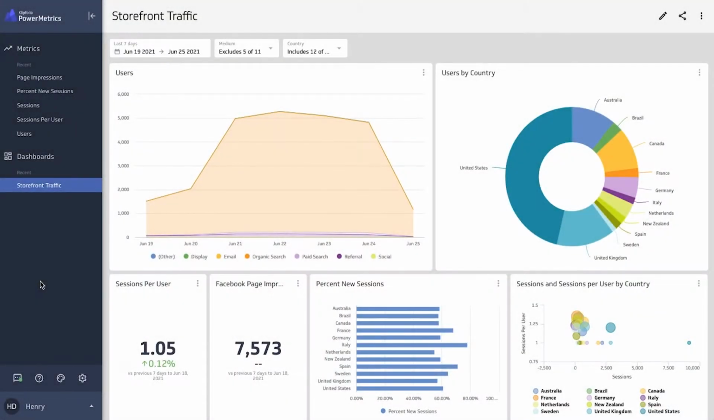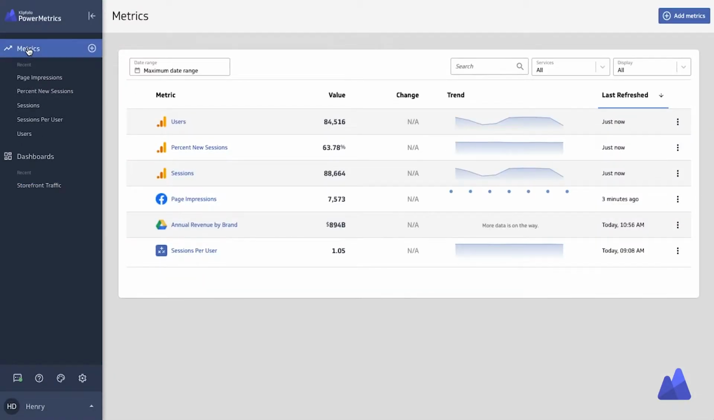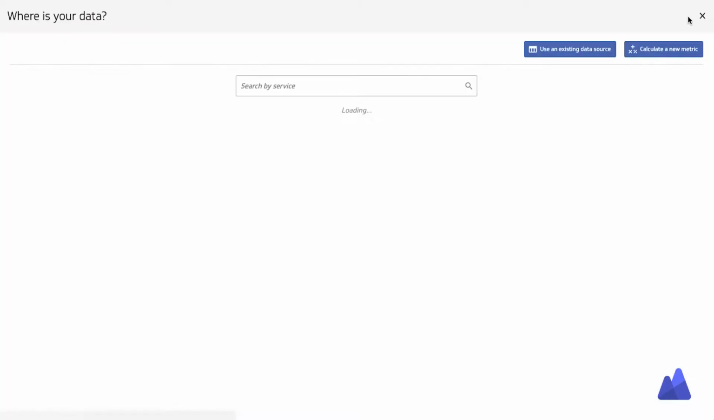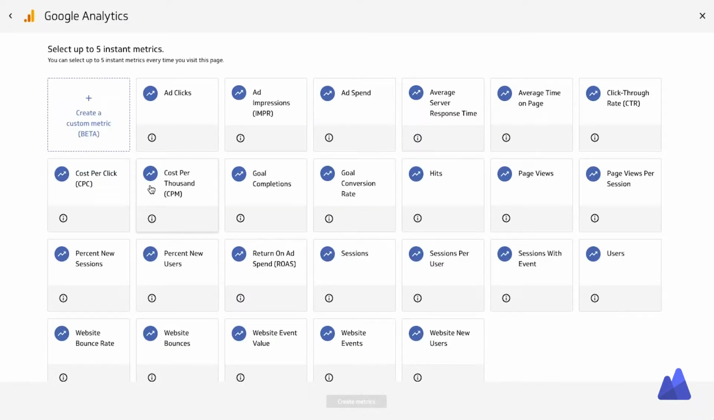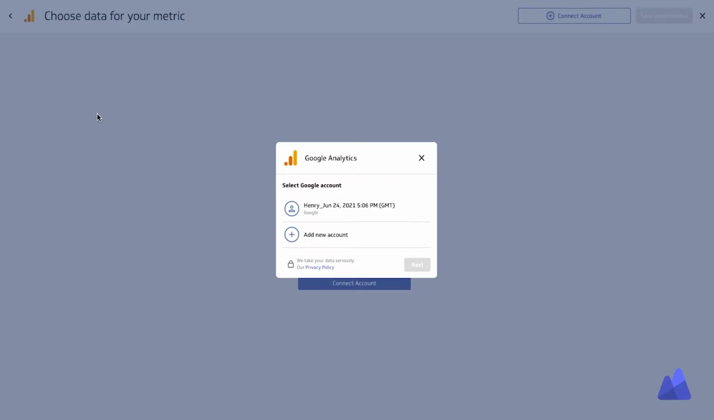Welcome to Query Builder, a powerful way for you to easily interact with multiple different APIs and bring custom data into PowerMetrics. I have two examples to show you, and we're going to start by clicking on the Add Metrics button here. So as you know, once you select a service, there are many instant metrics available. These are curated, pre-built metrics, but today we're going to take a look at how to bring custom data into